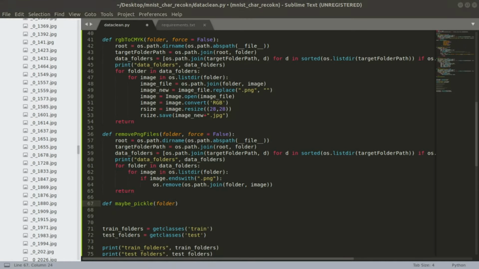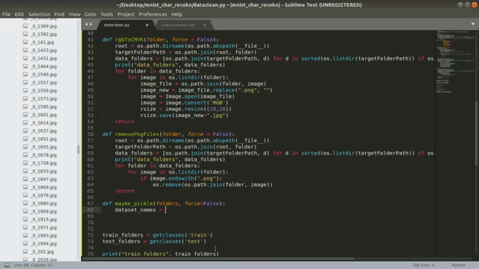First, loop through the train or test folder and check whether pickle file is already present for each label.